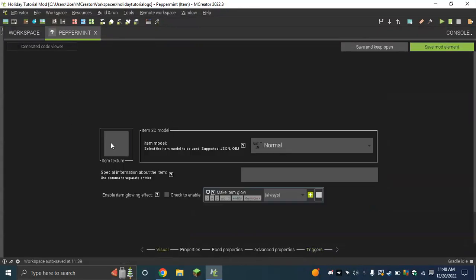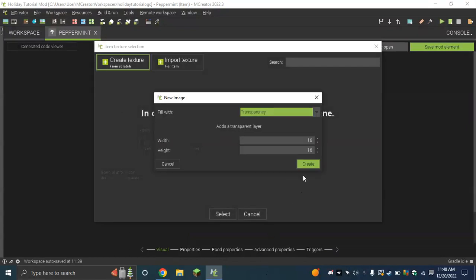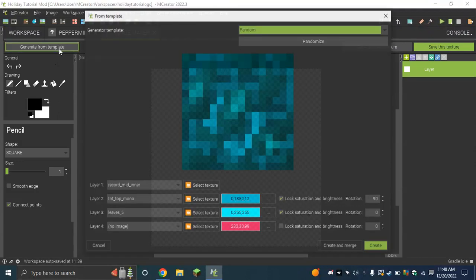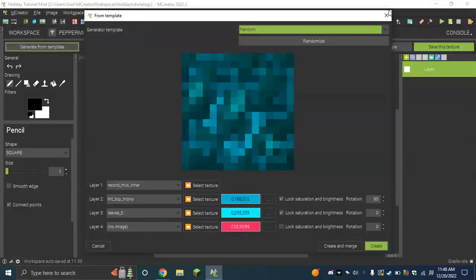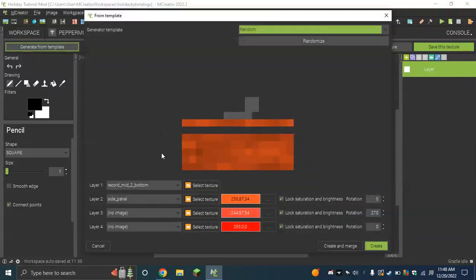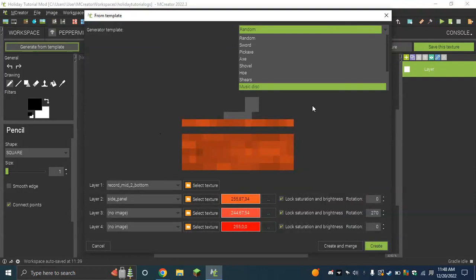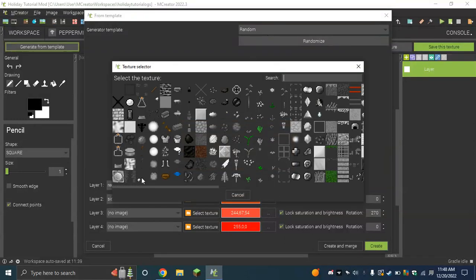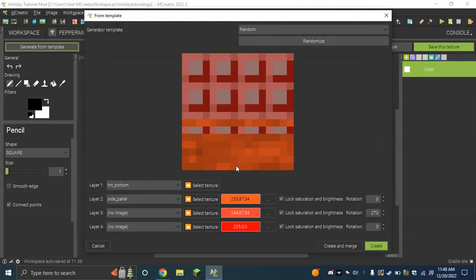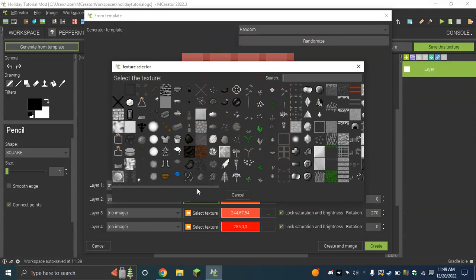Okay, it's time to get visual. Let's make a texture. Alright. So you can generate. So now we have the texture menu, which is a little bit simpler. So generating from a template, you can also do randomized stuff. So you can essentially pick from all of these images. Say you want this TNT thing to be your base, and